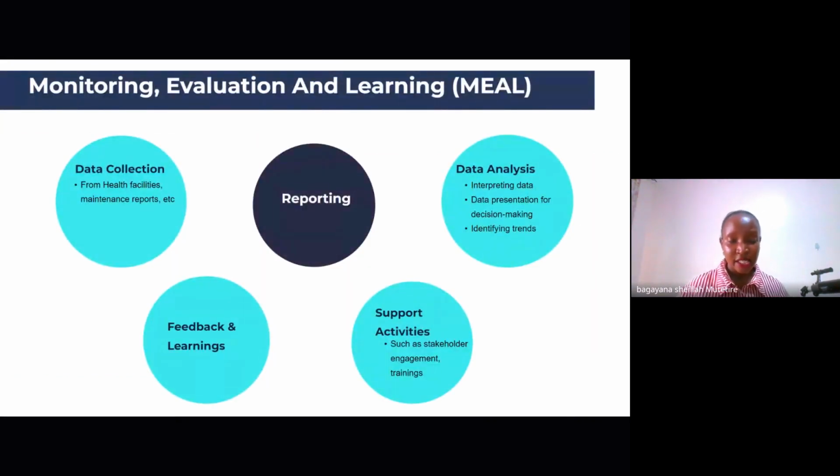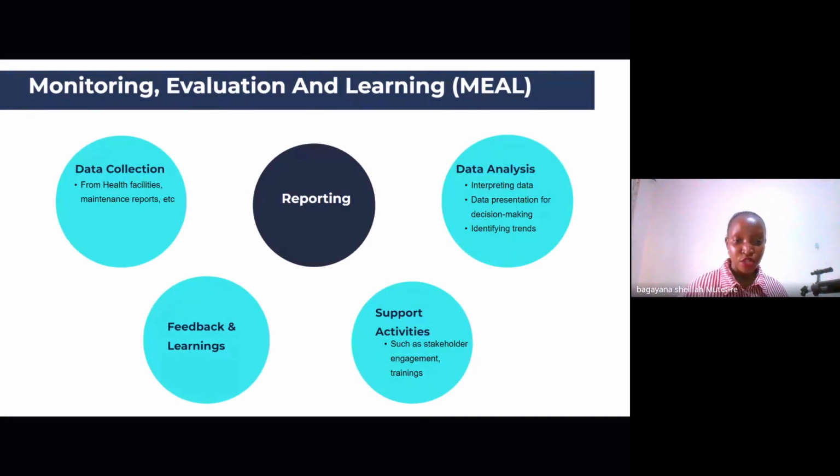So data documentation has been really key and is central in the work that we do. From data collection at the facility, at the sites, and also with our technicians as they go out, at the office, managing the inventory, managing the spare parts inventory, all this data has been important for feedback and learnings. We've understood so many things, and we're able to use some of our software to generate reports. So we can see the facilities that have the highest usage, the facilities that have the highest breakdowns, and we can come in and try and understand what exactly is happening.